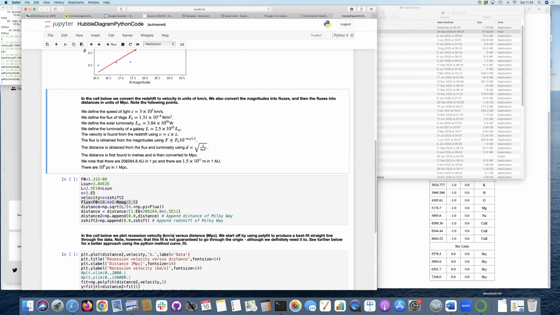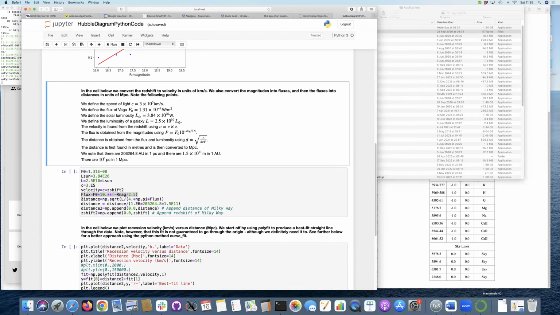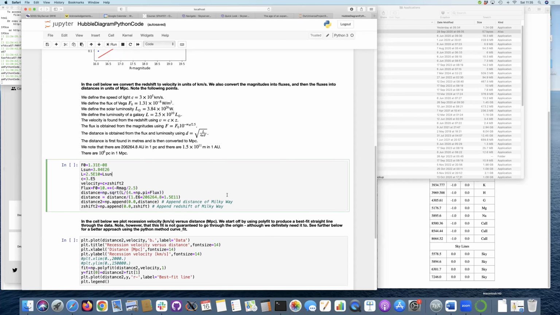So if I've got the luminosity, I've got the flux, which I've measured through my R-band magnitude, then I can basically rearrange this equation, an equation that we've covered in lectures, to give me the distance to the galaxy. So it's given by this expression here. And that expression there is implemented in the Python code down here. So I'm going to now execute this